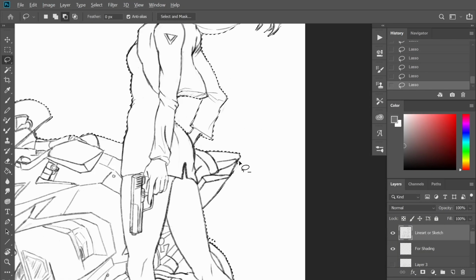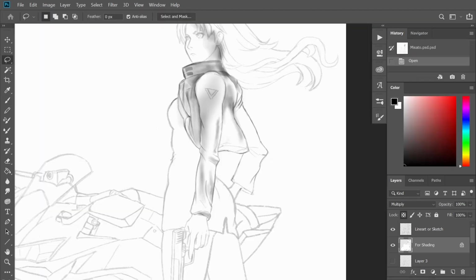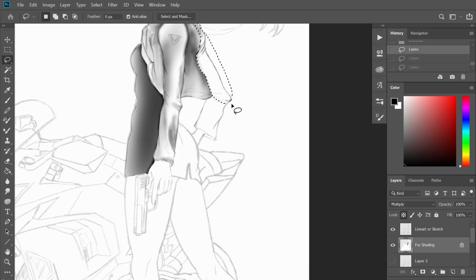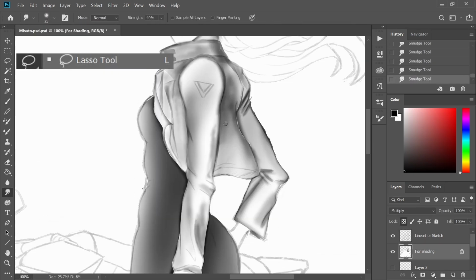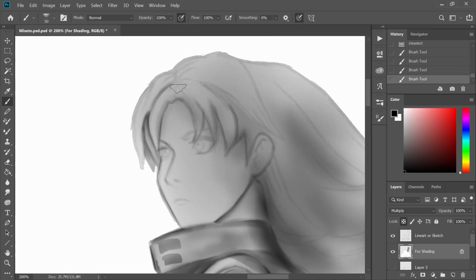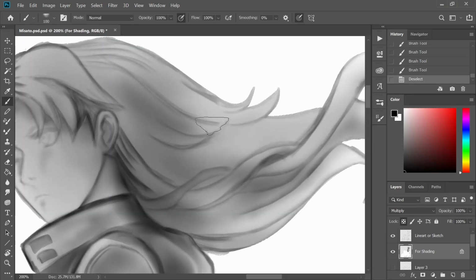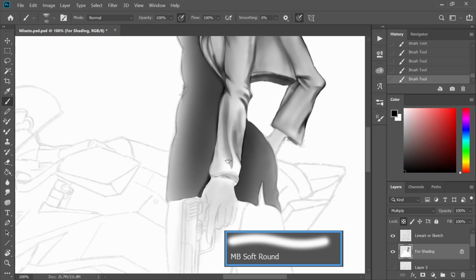I'm almost done here, and I'll be starting with my shading soon. And here we are on the second part of my drawing, which is the shading process. As you can see, I use the lasso tool to select the parts of her body that I need to shade. After I use the lasso tool, I use a soft round brush to cover the bigger